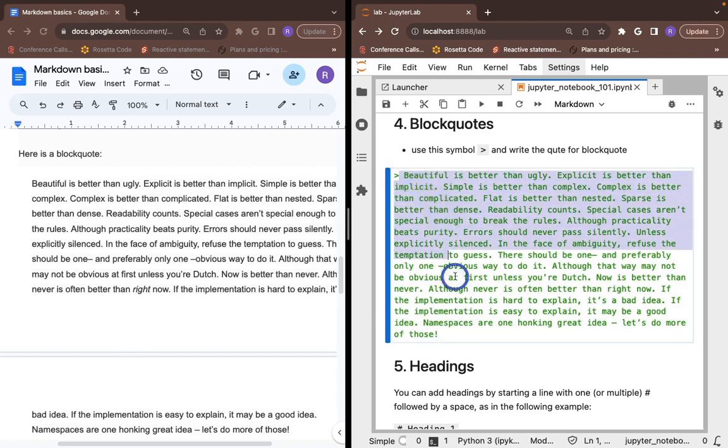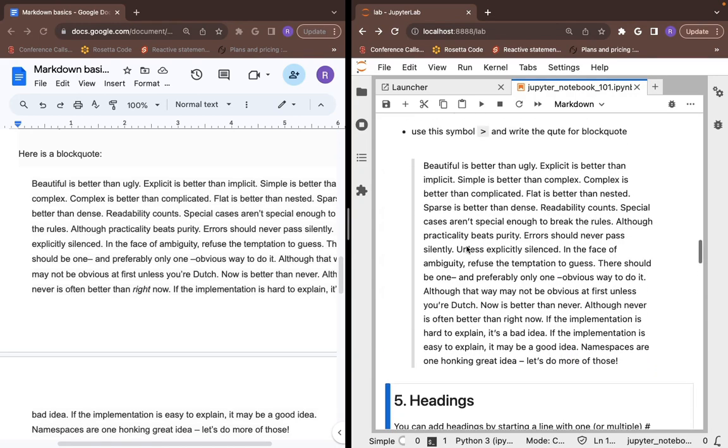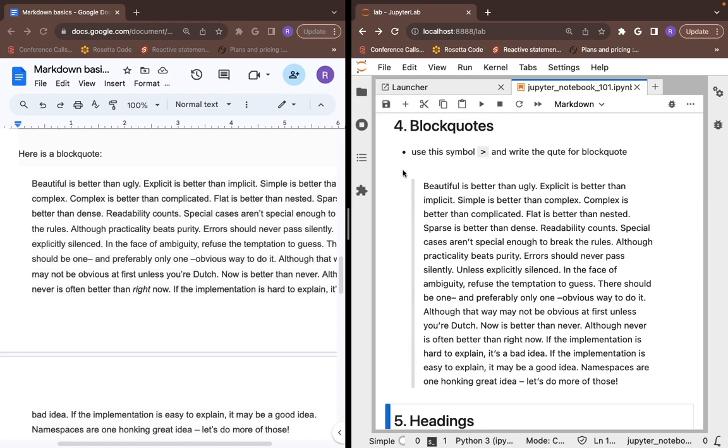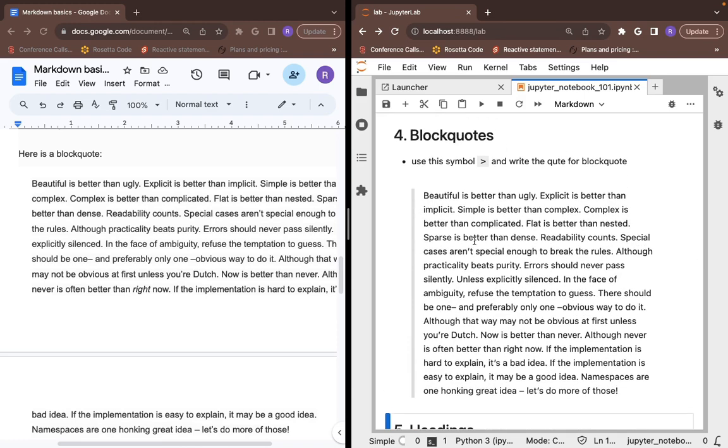This is text you want to use as a quote. Precede this entire text by a greater than symbol and a space in the markdown cell. Execute the cell, and it displays a quote separated by a line so that you can distinguish it as a quote while reading the